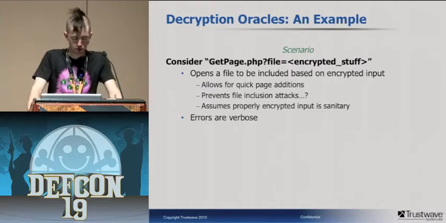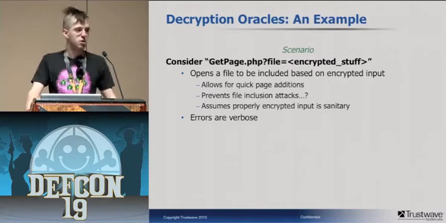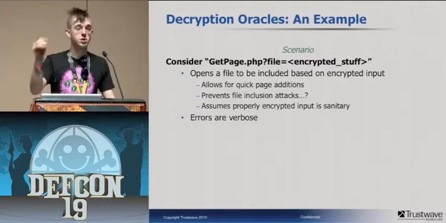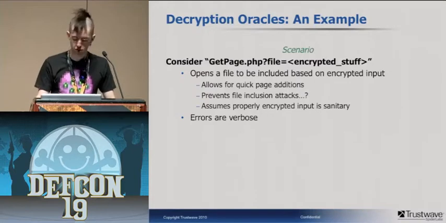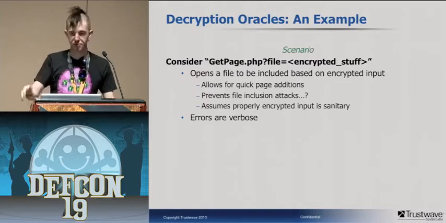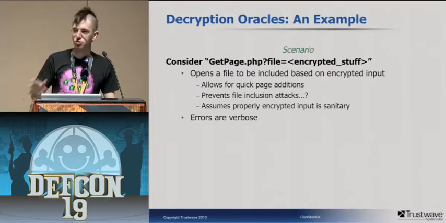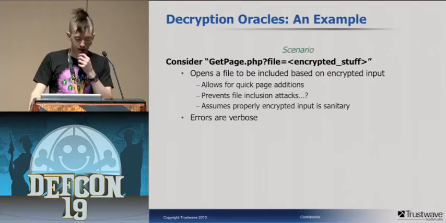So let's say that this developer found out, oh crap, I've got a file inclusion flaw. I know, I'll sprinkle magic encryption dust on it. So you encrypt the input, and that way you expect nobody is going to be able to do anything with this. Now,